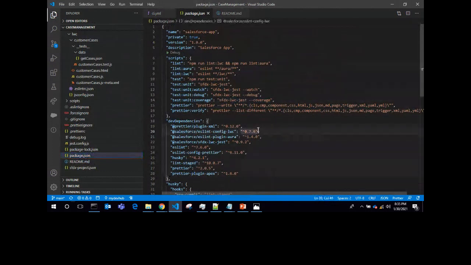To write the Lightning Web Component test script, you have to install sfdx-lwc-jest, which is provided by Salesforce as part of the extension. The same way, I just need to put the command npm run test:unit:coverage in the ci.yml file. Now again, I will try to commit that code.